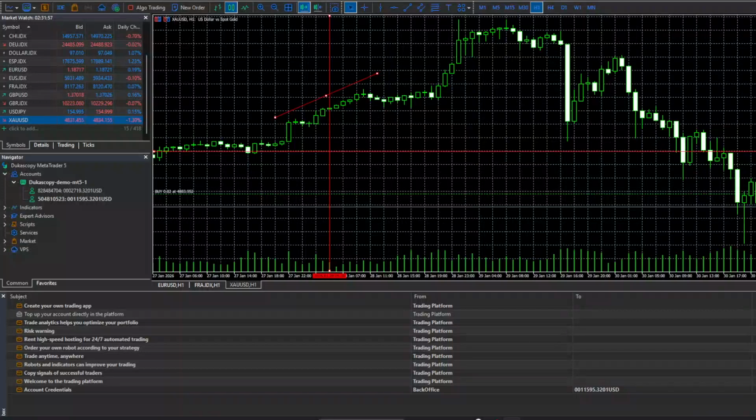In today's video, I'm going to teach you how to remove objects in MT5. If you've been drawing lines, shapes, or adding indicators to your MetaTrader 5 charts, things can start to look cluttered pretty quickly. Being able to remove those objects cleanly is important so you can focus on price action and analysis without distractions. In this walkthrough, I'll guide you through a simple way to do it using the chart menu and